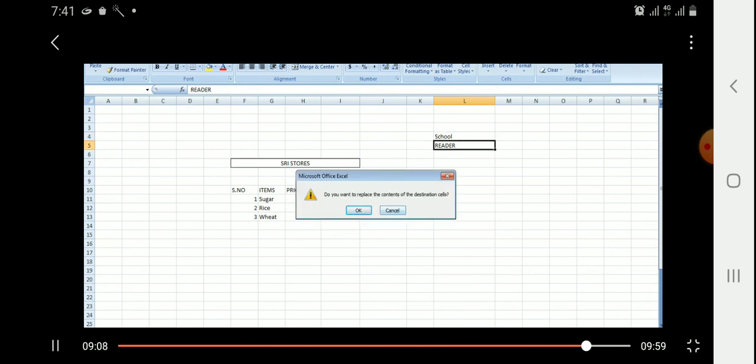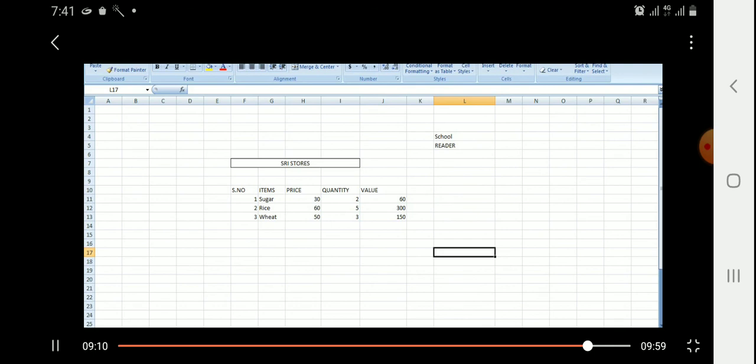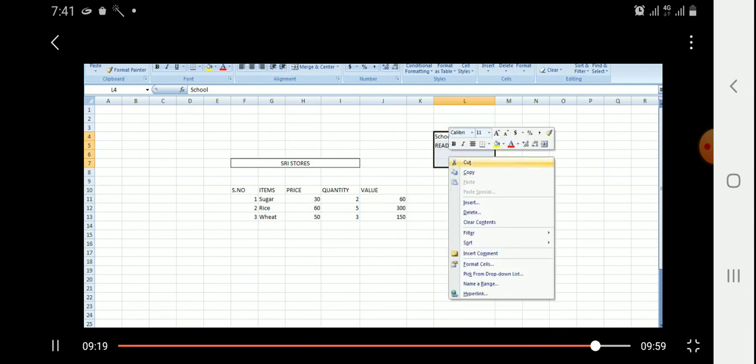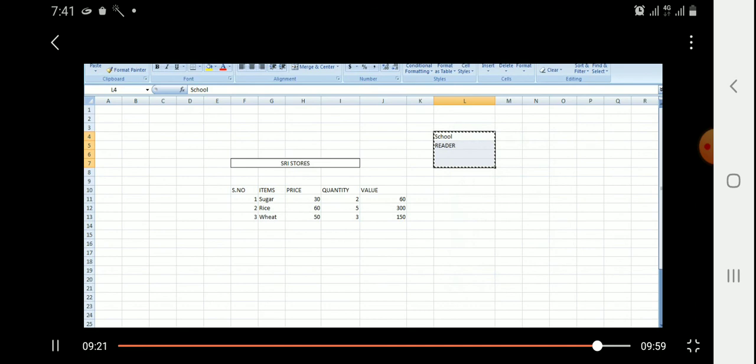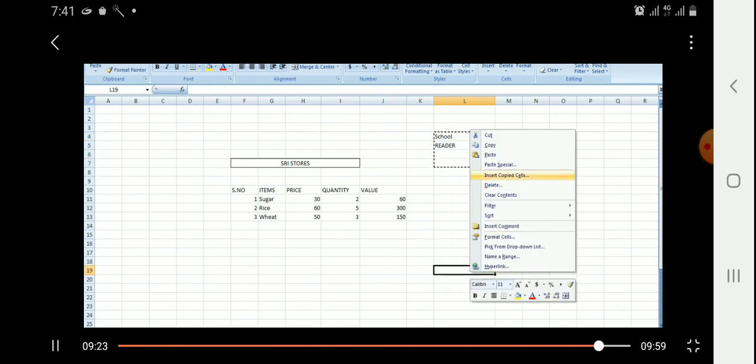Okay, now what you are going to do? Select by clicking the right button of the mouse and select the copy option, then place the mouse pointer in a new location, and if you click the paste option, then the copy command will display the data in the new location.